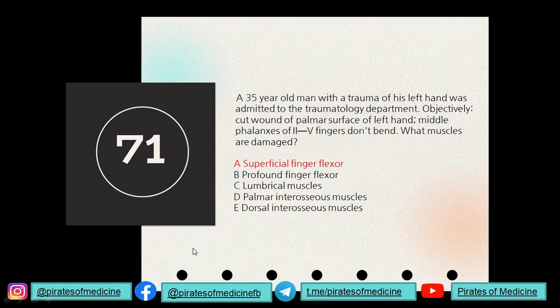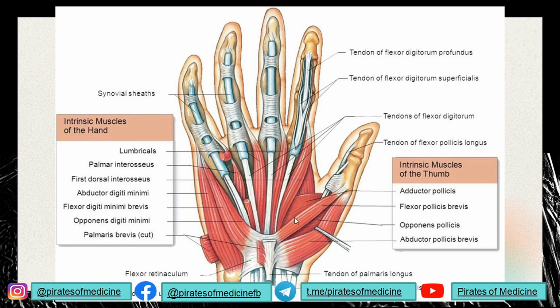If you know the anatomy of the hand, you'll understand that each finger from the second to the fifth digit is made up of a distal, a middle and a proximal phalanx, the three bones in each finger, correct? The thumb is made up of the distal and the proximal phalanx, there is no middle phalanx. So in case of the second to the fifth finger, the distal phalanx of each finger is supplied by the deep flexor muscles of the digits. You can call it in Latin flexor digitorum profundus.